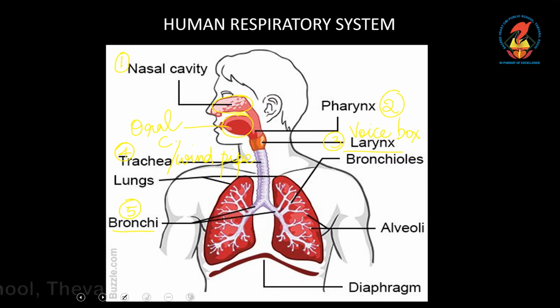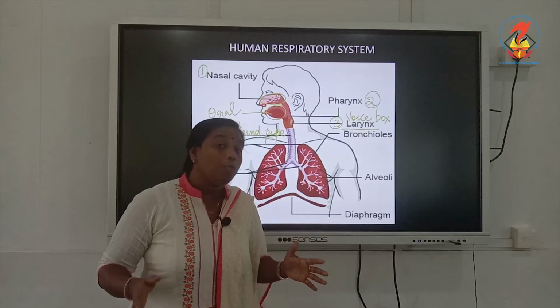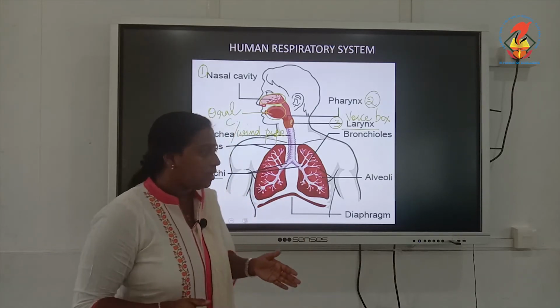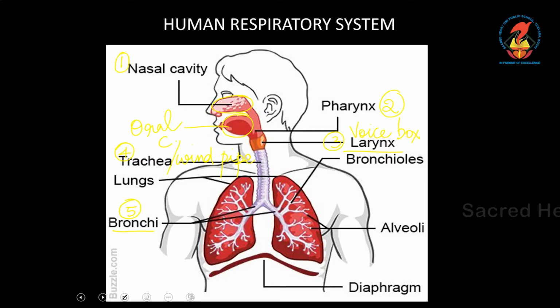One bronchus each will enter into your lungs. How many lungs are we having? We are having 2 lungs, one right and one left. One bronchus will be entering into the right lung, the other will enter into your left lung. When the bronchi reach your lungs, inside they will divide into further tiny branches, you call them bronchioles. So bronchiole is part number 6. Can you see the finer branches in both the lungs? So the branches of bronchi, you call them the bronchioles.